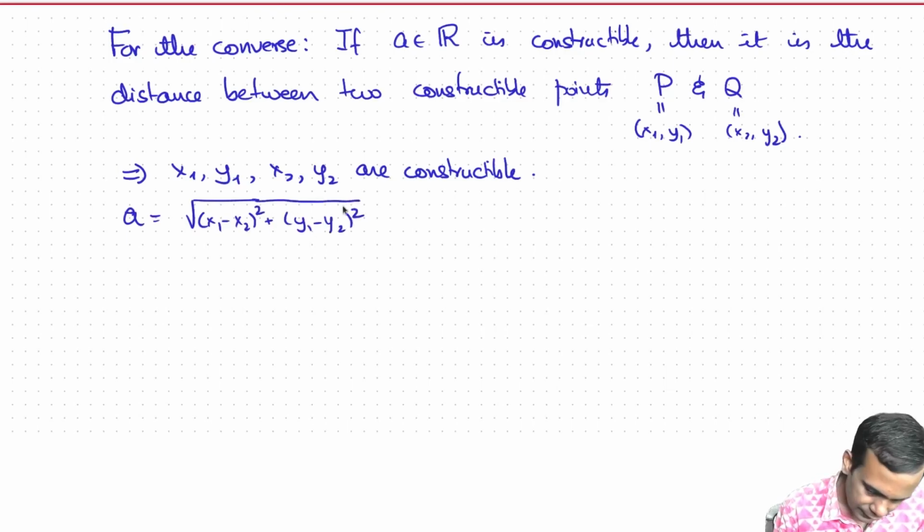So this is in a quadratic extension containing these points. Of course, if these are constructible, then A is constructible. So A is in a quadratic extension containing the field containing x1, y1, x2 and y2. So it suffices to show